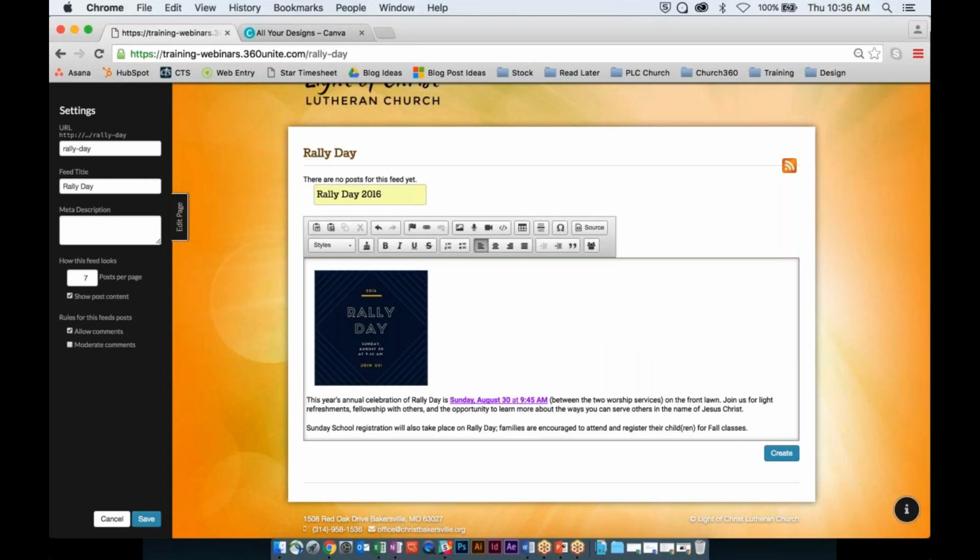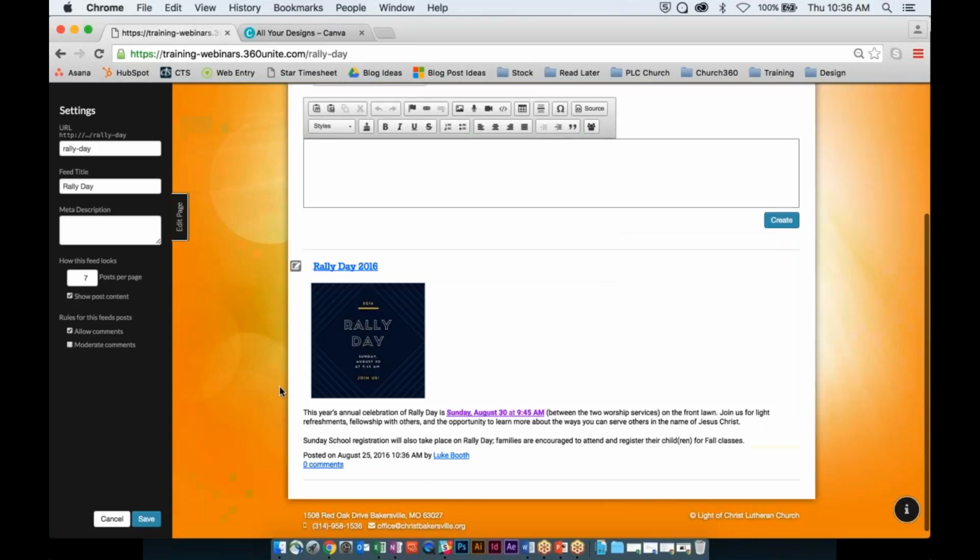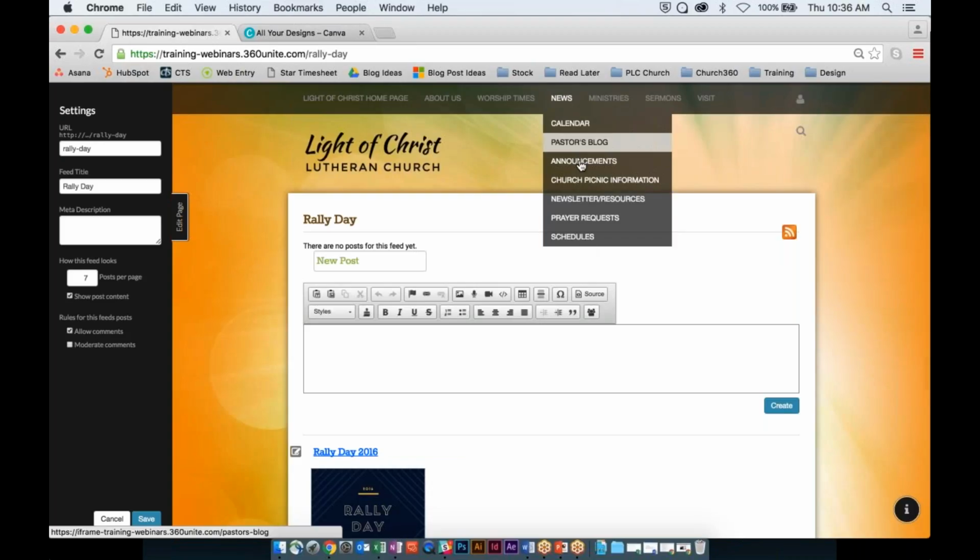You could mess with a lot more other things, but for now I'm just going to hit Create, and you'll see we have our post down here now. It's not exactly how I would format it if I was really going to spend time on it, but you can see that's how easy it is to post on your feed pages. It's pretty simple. So now we'll click back on News and Announcements,